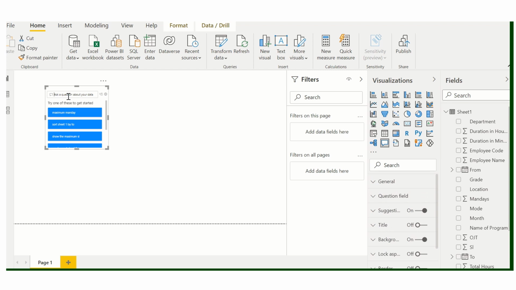So location wise pie. Here location is populated. Location wise, we will opt for total training hours.